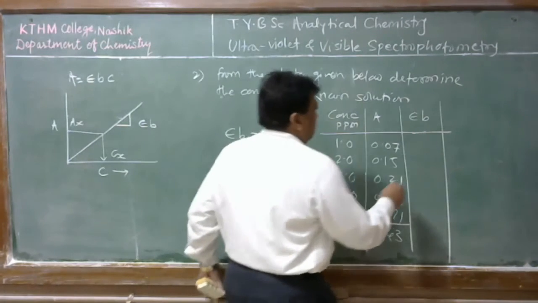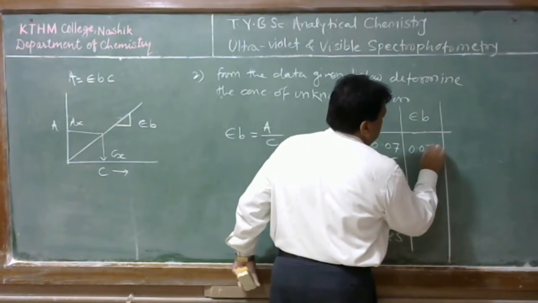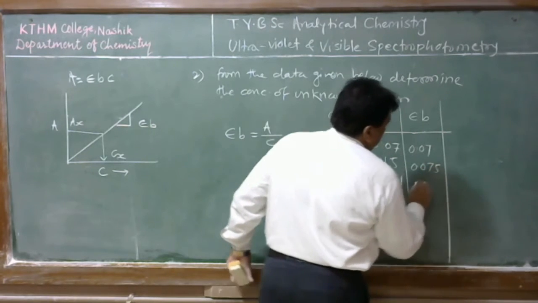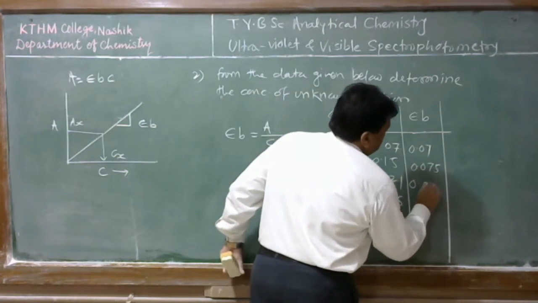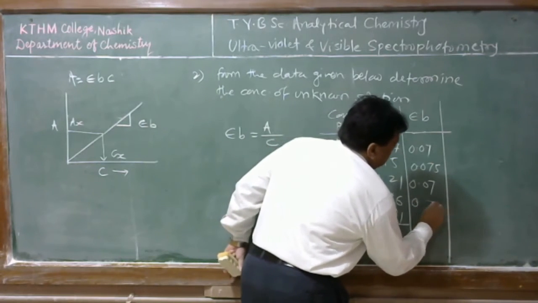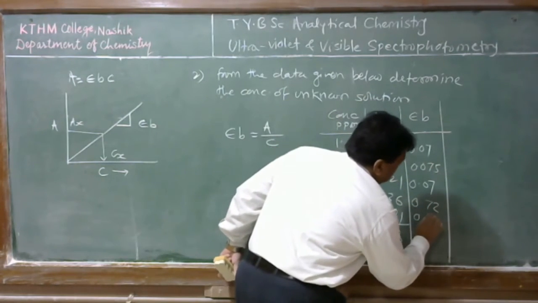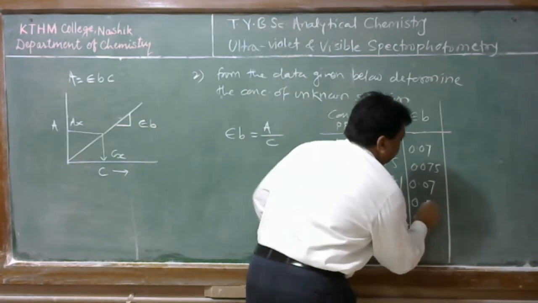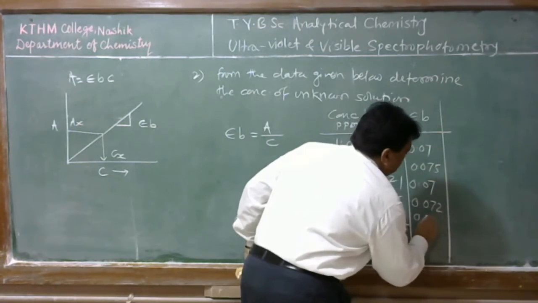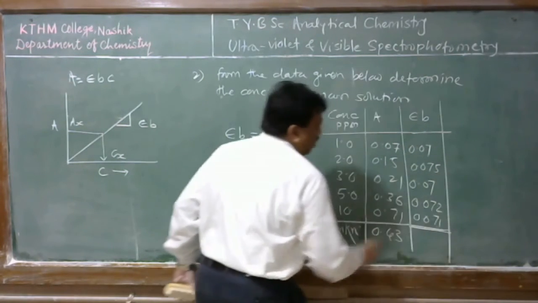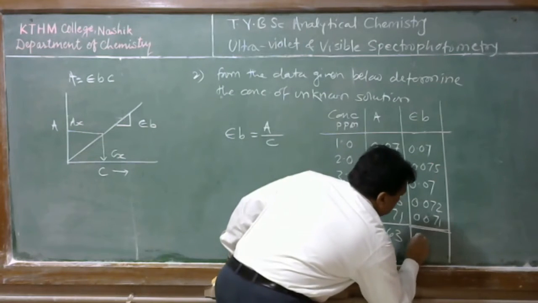Therefore, for this value it is 0.07, for this it is 0.075, for this it is 0.07, for this it is 0.072, 0.072, and here 0.071. When we calculate the sum of these, it is equal to